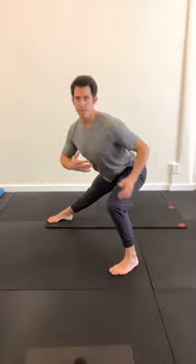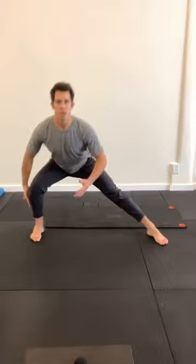So I'm sitting back, chest is up, touching down, coming back up to the middle, and then sitting in the other chair. And we're gonna make 5 more to each side. We're loading up those lateral structures in our hip. We're challenging the lateral structures in our lower leg. All things that we need to have nice and strong so our knees can take less load as we do